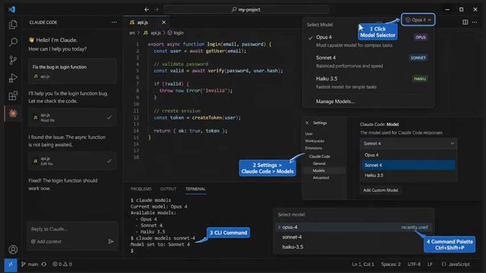This means you can point the agent at 3 or 4 related files in a single message, and it reads through all of them before responding, instead of guessing based on just the one file you happen to have open. On larger projects, this alone saves you from copy-pasting code snippets back and forth just to give the agent enough